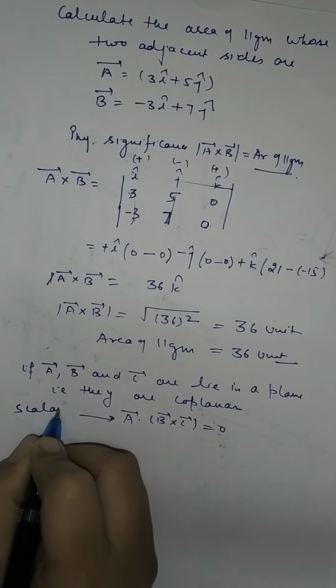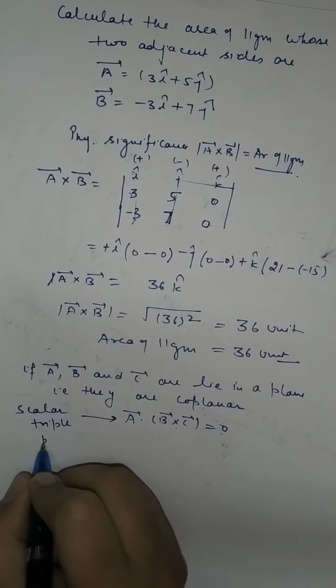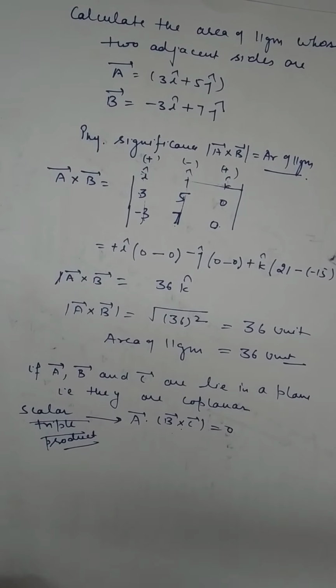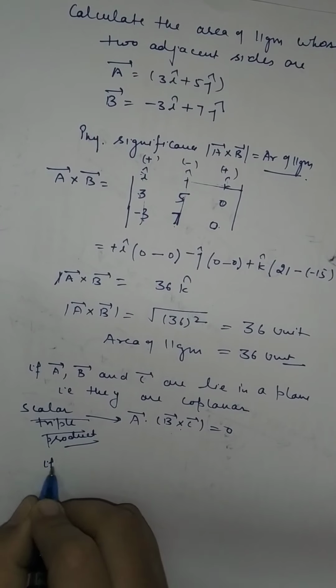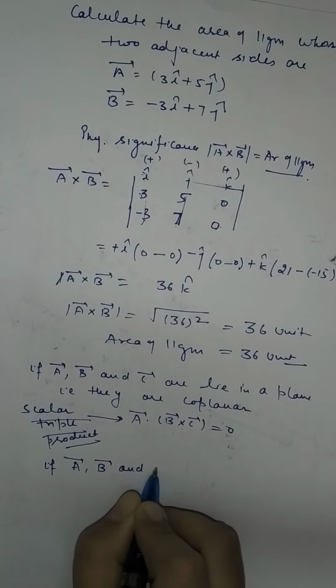What is this, the scalar triple product? The cross product of two vectors and its dot with the third, what will it be? 0. A dot B cross C is 0. Right? And this is the volume. If these three vectors A, B and C are not lying in a plane,